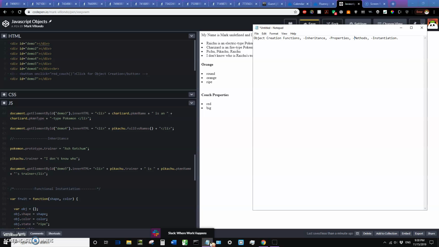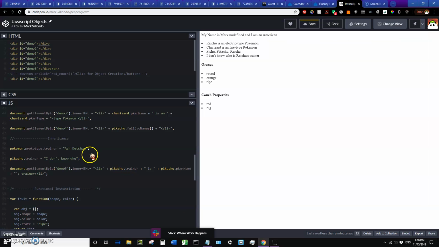If, let's see, probably gonna do inheritance. Okay, inheritance is here. So we're working in inheritance. We're working with prototype. So Pokemon.prototype.trainer equals Ash Ketchum. When we call the object, it is going to refer to the prototype because the object inherits the prototype's properties. So we're going to put here